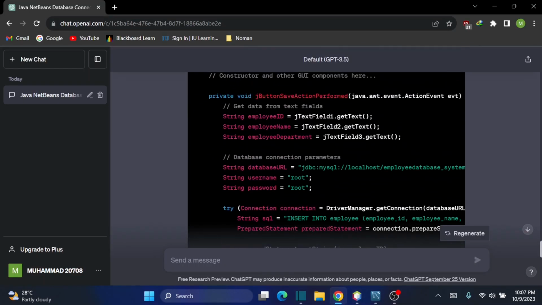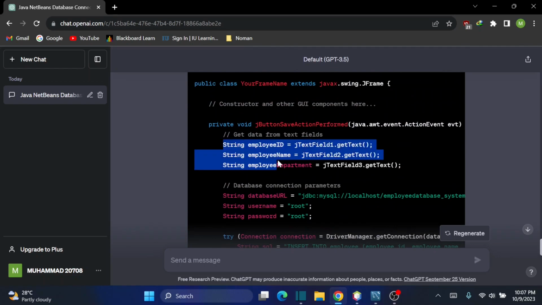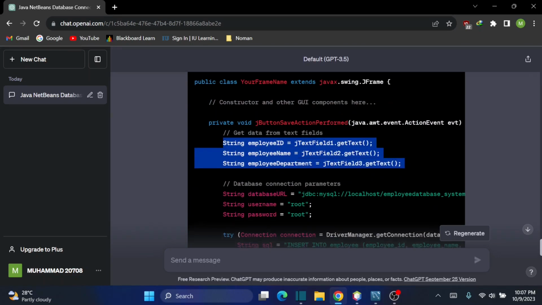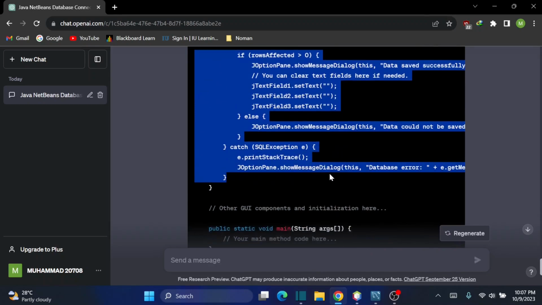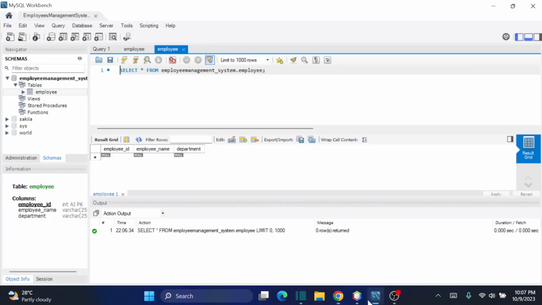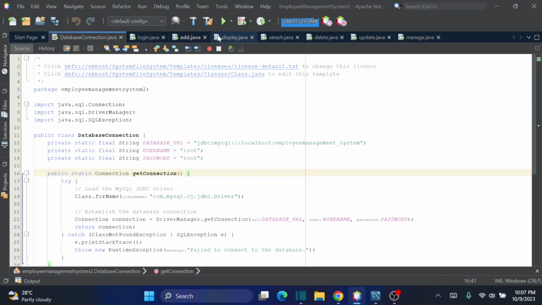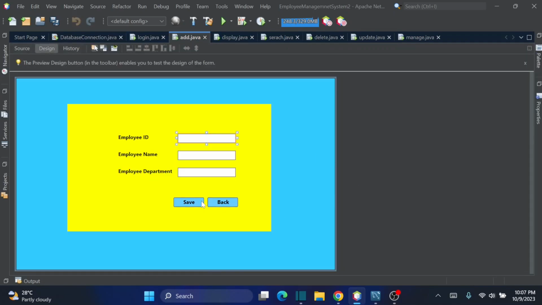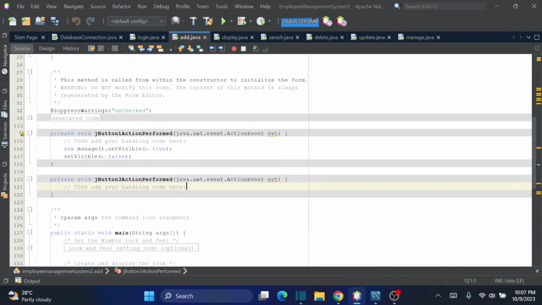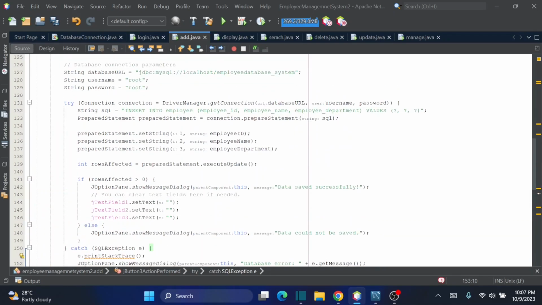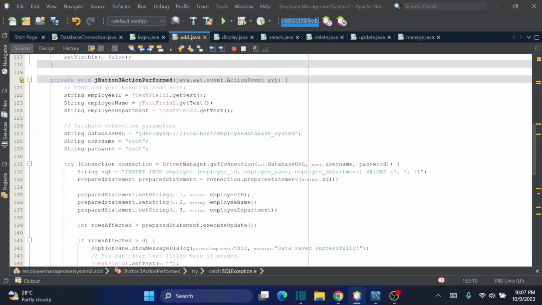Now I have to go to our code again, just copy paste it, and go to the button. Just click on it and go to save, event, action perform. In the button, you have to paste this code. So you can see that